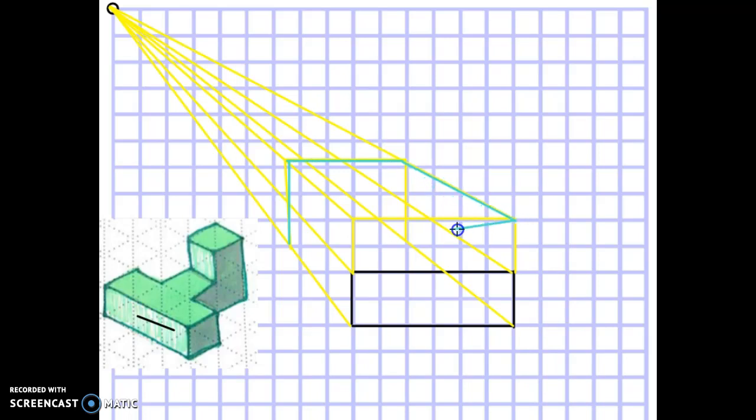The outside of the box, and I probably used the wrong color, I apologize, but that's going to define the outside of my box. Hopefully you can see that. If you can't, let me know and I'll redo that. But there's an overall box. Now I'm going to go ahead and